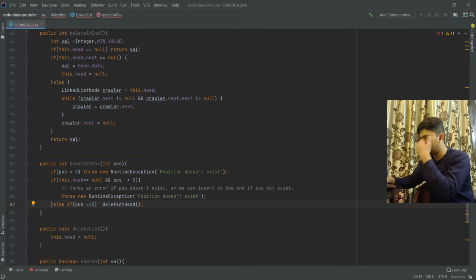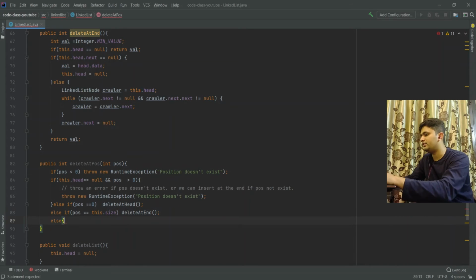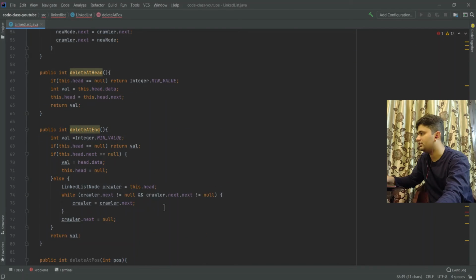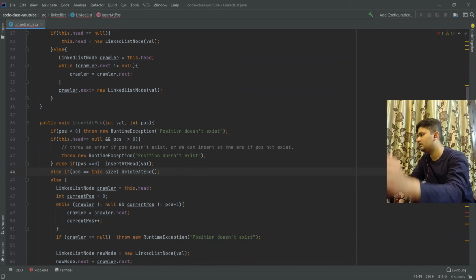We can have another condition, else if position is equal to this dot size, we can simply do delete at end. If nothing works here, we can use this logic in insertion as well.